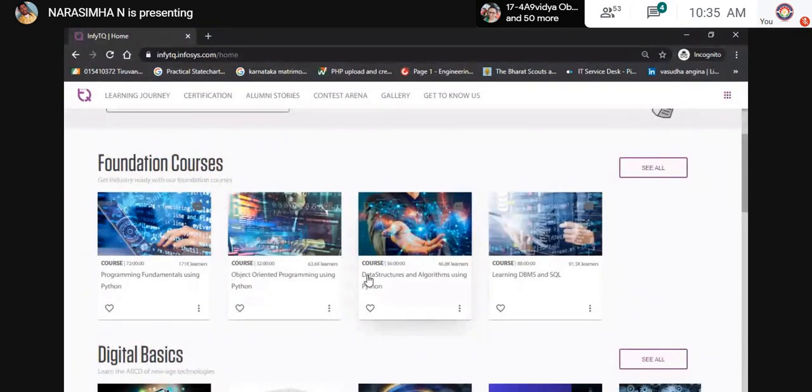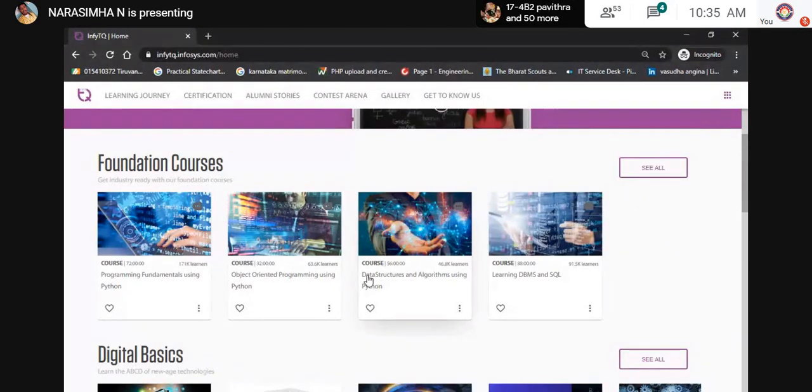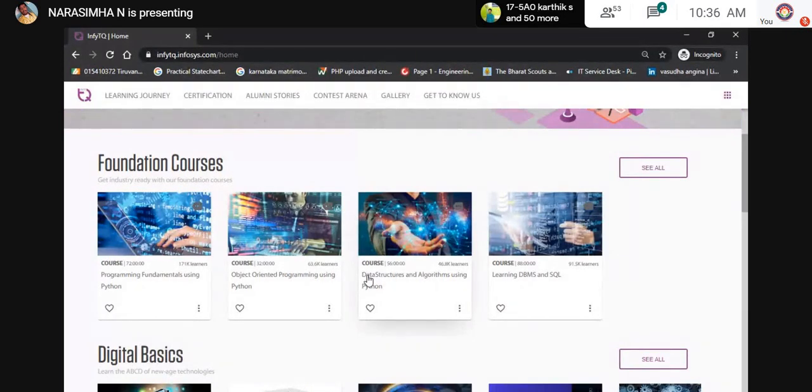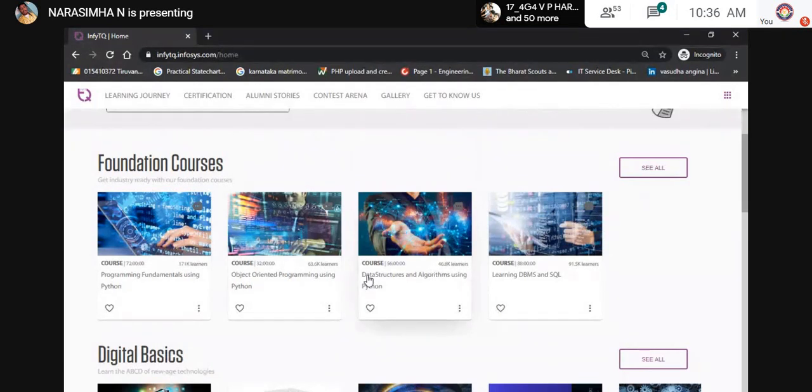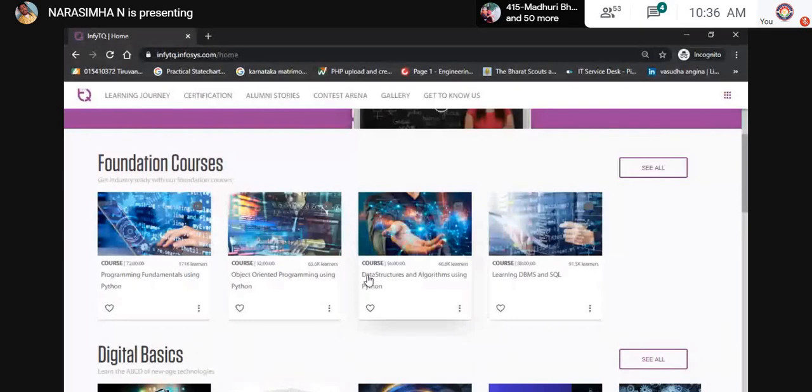Now, let's revise the concepts we have learned in these 5 to 6 days. First one is fundamentals. In fundamentals, what is meant by Python, the different scenarios worked in Python, the different types of data, data type, variable, and the different types of sequences in Python: list, set, tuple, dictionary.